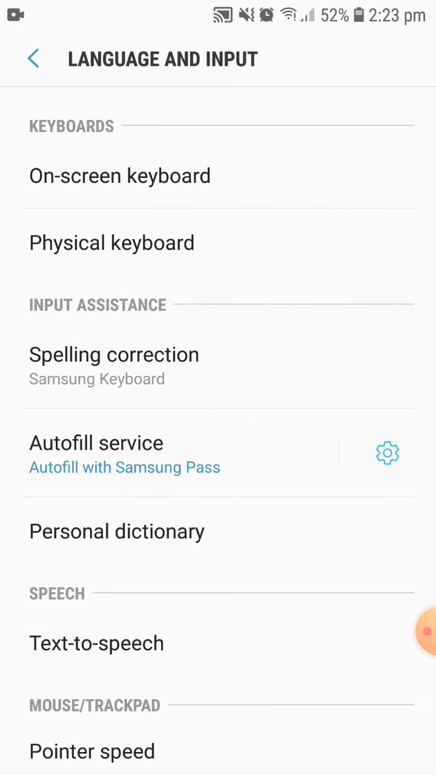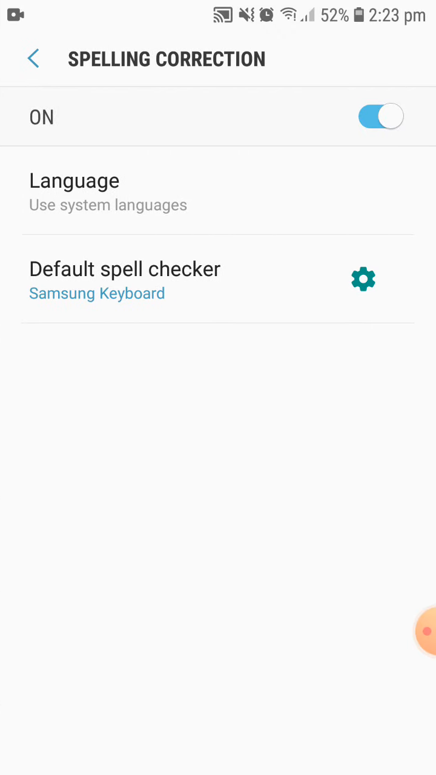Spelling correction. Sometimes our keyboard suggests inside. Okay, so many words are suggested here, and sometimes it makes problems. If you turn it on here, after you type something wrong, the word will be corrected automatically. Okay, so if you want automatic correction, please turn on this setting here. Okay, after